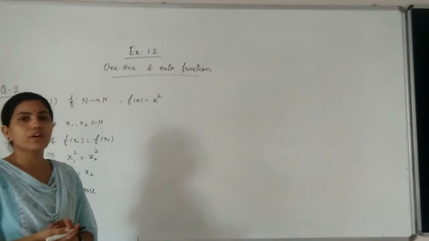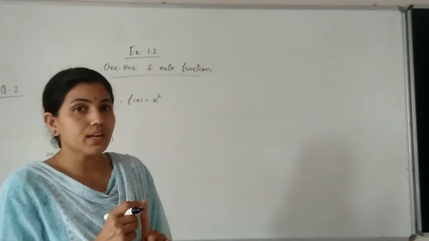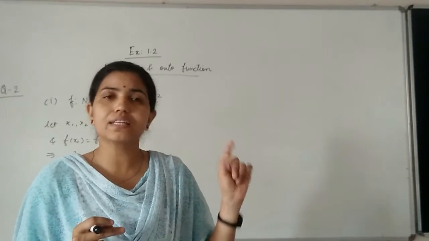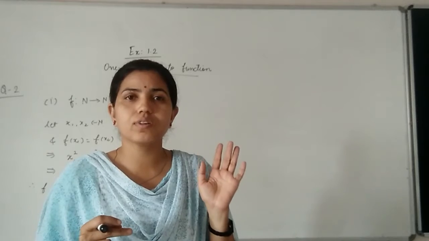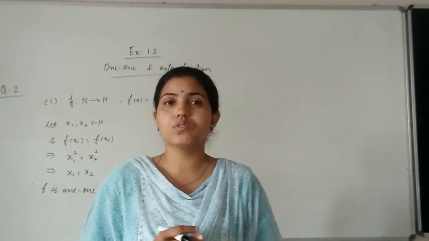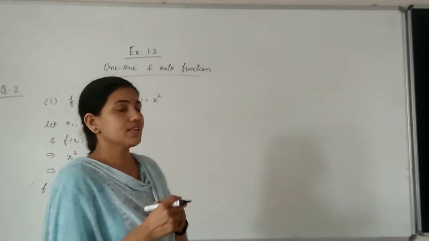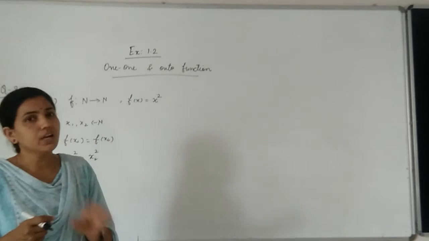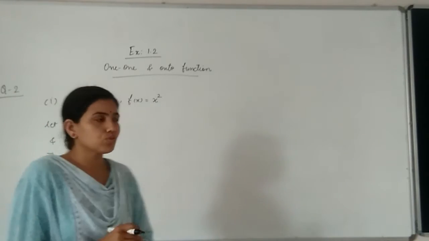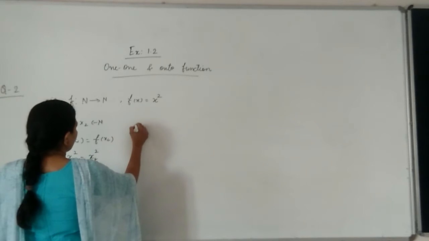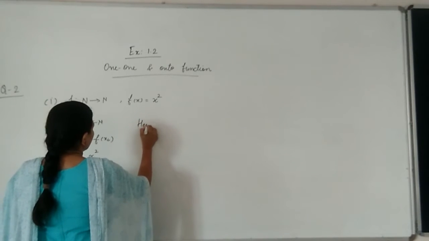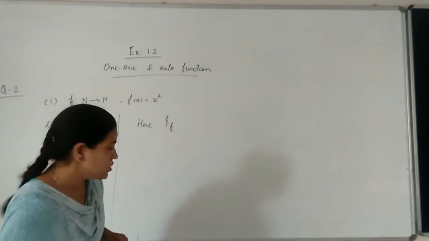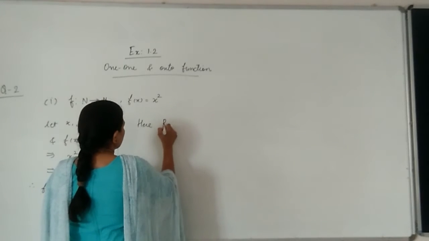Now, let me check the ontoness. For ontoness, what do we have to check? We have two things. We can consider an element y from the codomain N and prove that there exists some x in the domain such that f of x is equal to y. Second, we can find the range of the function and check whether the range is equal to the codomain. If yes, then the function is onto. If no, then the function is not onto. I am using the second method here. So the range of the function f is equal to...